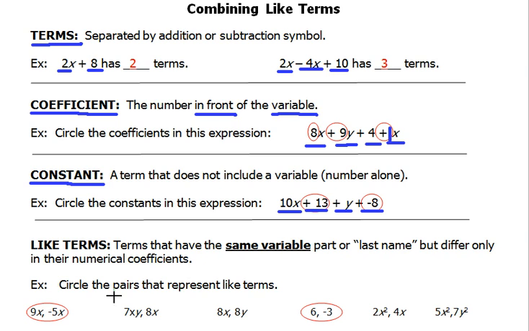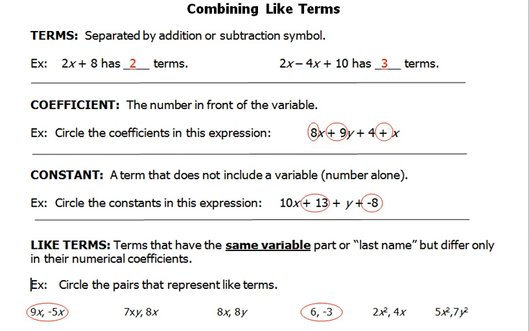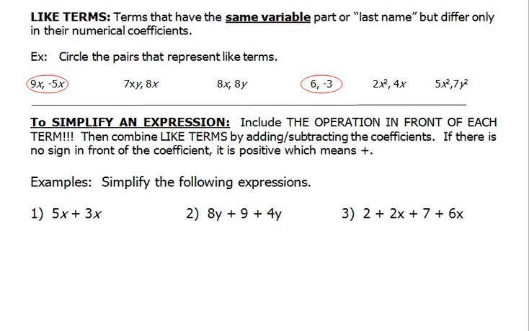Let's talk about like terms. Like terms are terms that have the same variable part, or we call it the last name, but differ only in their numerical coefficients. So for instance, if I have 2x and 5x,